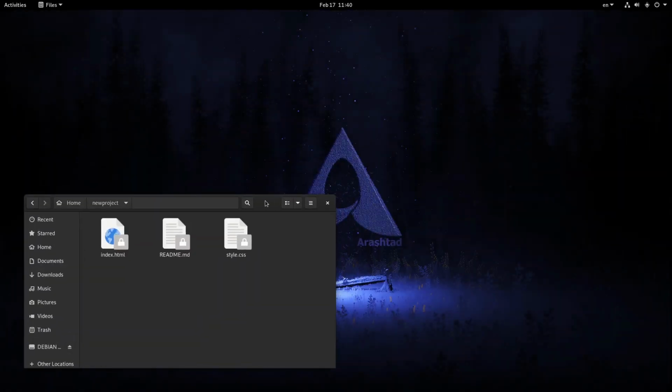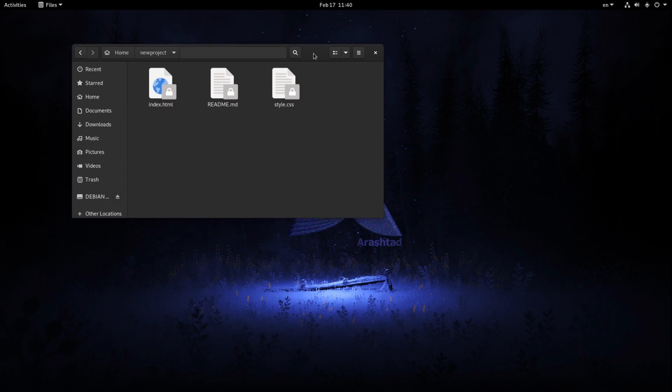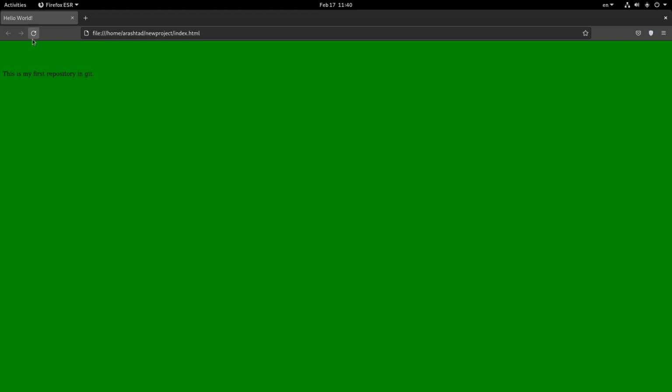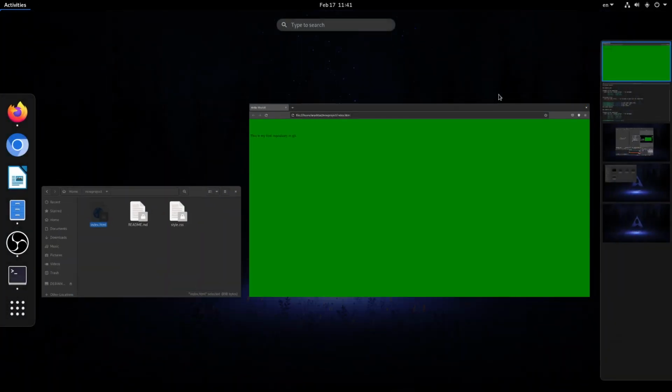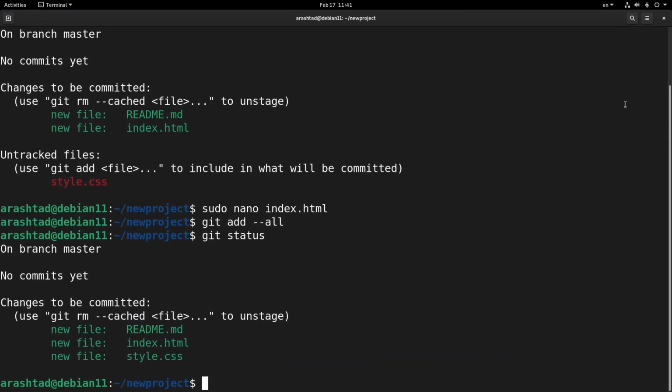So I'm gonna get into the tutorial, get into the file. So here let's open up the index.html, and as you can see, it says this is my first repository. So imagine that we have this problem right over here, but we want to save it, because the problem here is that we cannot see hello world. As you can see, if we click on it, we can see it, but because it has the same color as the background, then we're gonna have this. So imagine that we're gonna keep this one, and then let me get back to the terminal,